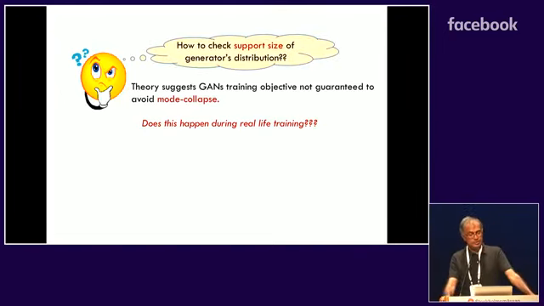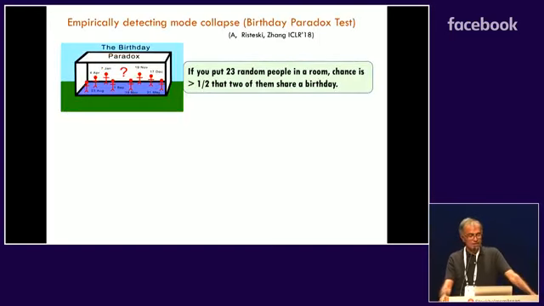So I said that's a fair criticism. And how do you check the support size of a generative distribution? Now I'm going to describe to you a very, very simple check that I thought of on the way back from Google. And I thought, almost certainly this check is too simplistic. But to my surprise, even that actually worked. Okay, so here's a test. It's based on the birthday paradox, and it's from a joint paper with Risteski and Zhang,